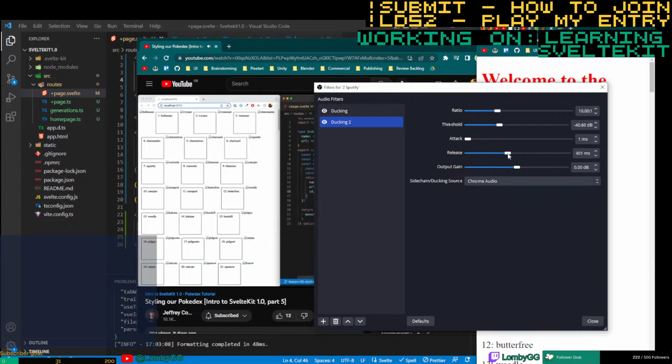Yes, we can. So this is basically saying the attack is how quickly after you get sound from this input do you lower the volume of Spotify. So we're doing it immediately as soon as there's any volume from Chrome. Spotify should go a lot quieter. And then the release is how long after the end of any audio from Chrome do we then return Spotify up to its normal volume, which probably we can do like half a second, which means